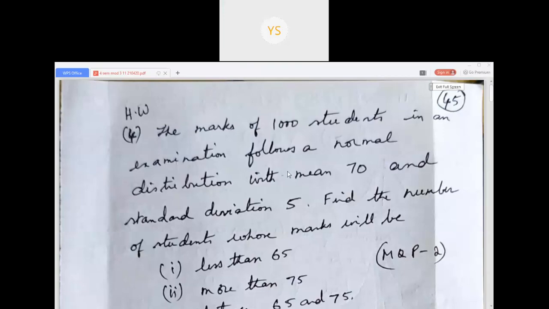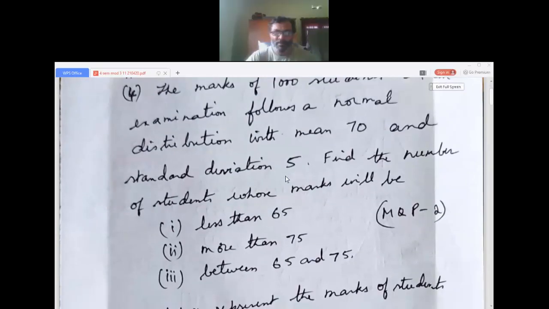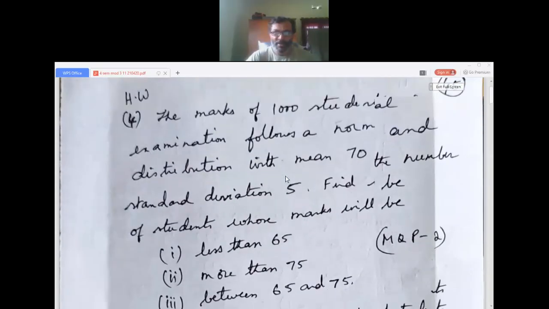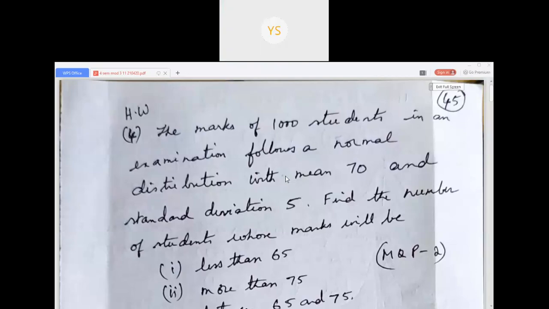One problem I had given for homework in the last class, that is a very simple problem. It's a model question paper problem. How have you done it? I hope all of you know how to do it. Okay, all of you work out. Maths cannot be studied by seeing or listening. Work out the problems. I'm telling you again and again, at last, you will not get time.